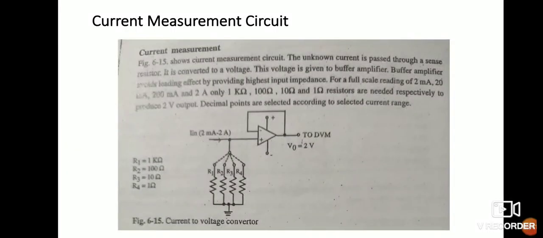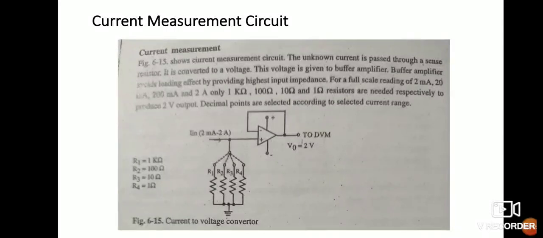For example, if Vin is 0.2 volt and switch SE is closed, then V0 is equal to 0.2 volt. If Vin is equal to 2 volt and SB is closed, the equivalent circuit is shown here. So 2 volt is the input and SB is closed, or S2 is closed, and the output we can find using voltage division: V0 dash is equal to 2 into 1 divided by 9 mega plus 1 mega, which gives us 0.2 volt. In this way we can find the voltage across the resistors for a particular switch action.